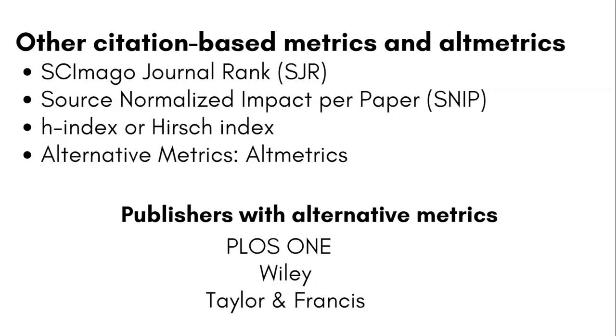There are the Source Normalized Impact per Paper, the SNIP. There is the H-index of authors and of institutions. You can use them, and there are the alternative metrics called altmetrics. There are a lot of other tools out there. People can depend on them and add them to the IF. But please don't use the IF